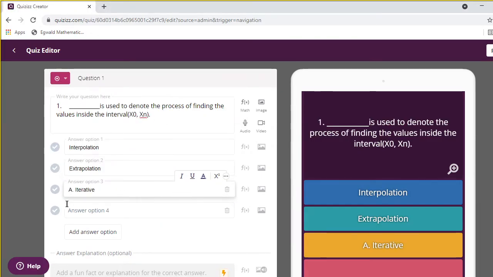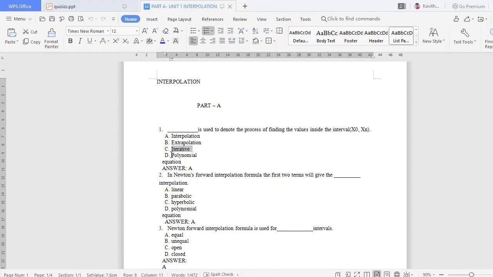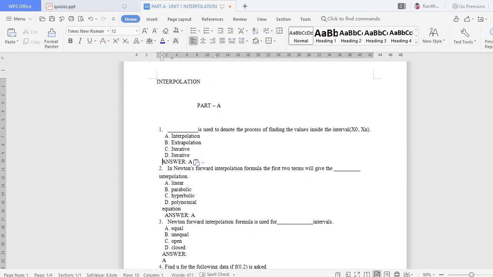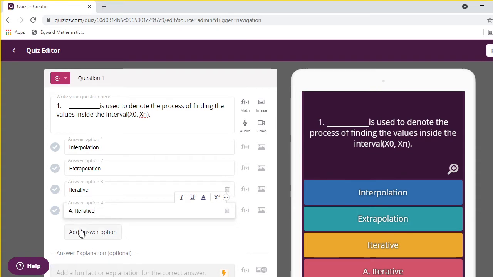Suppose you want to type here directly, you can type here directly. Not only copy and paste, you can directly type here. Polynomial equation.